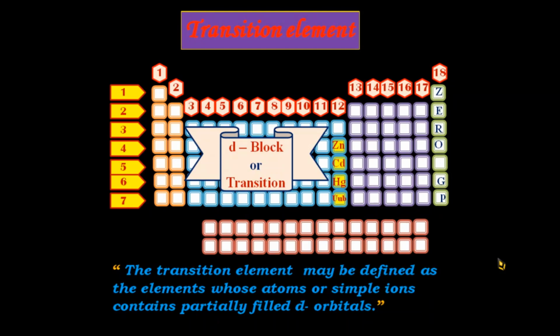All the elements belonging to these sections are metals. That means the elements belonging to D block are metals. Most of the transition metals have immense industrial importance, such as the precious metals like gold, platinum, and silver, which are commonly used for making ornaments, as well as other metals which are members of the transition series like iron, copper, mercury, etc. All belong to the transition or D block elements.